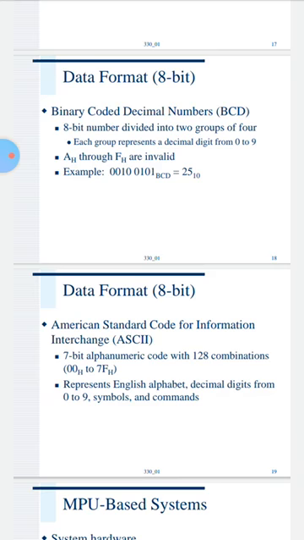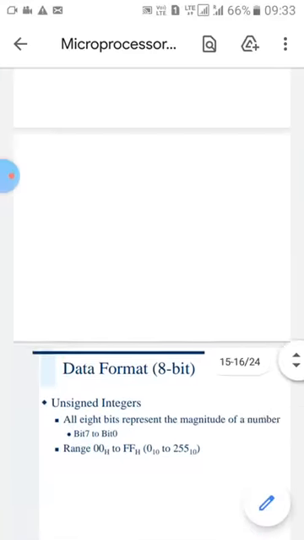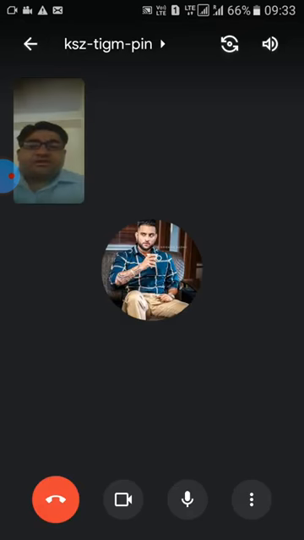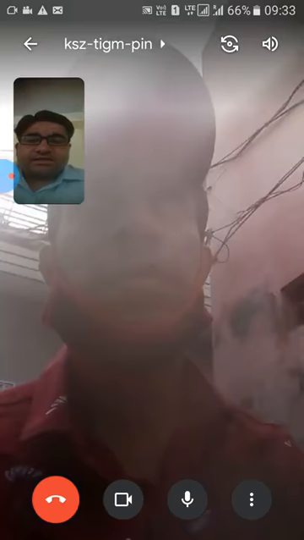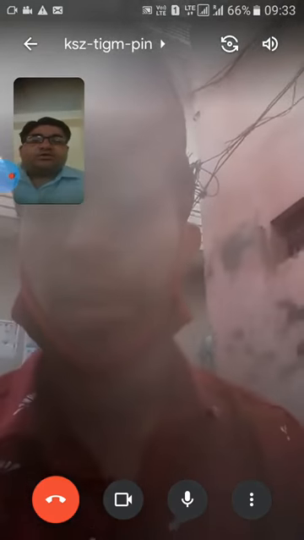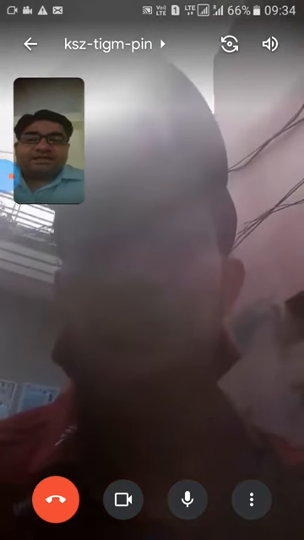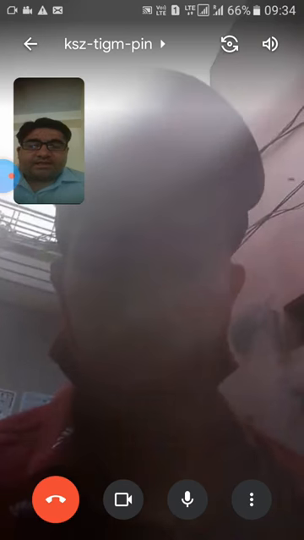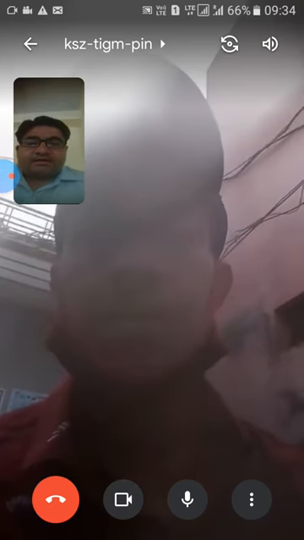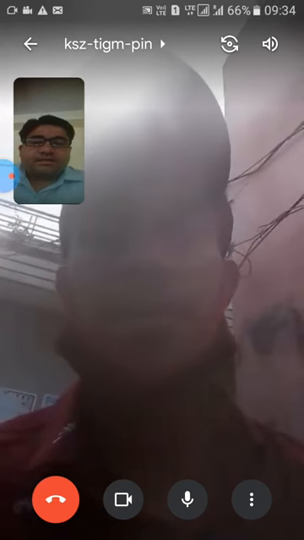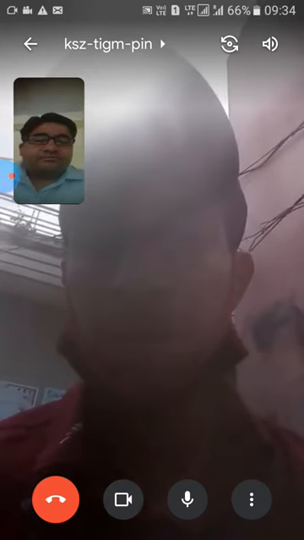So this standard helps us to study about the binary coded decimal numbers, then your signed and unsigned integers. And in these signed and unsigned integers, you will also study how this system has the advantage in case of